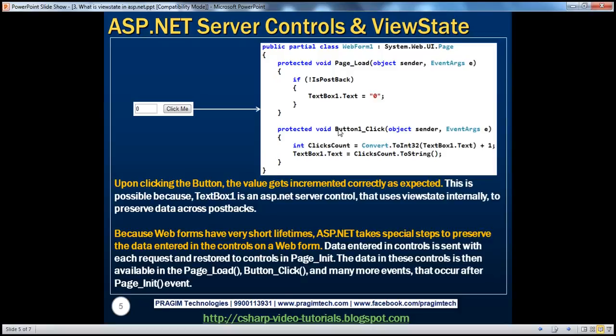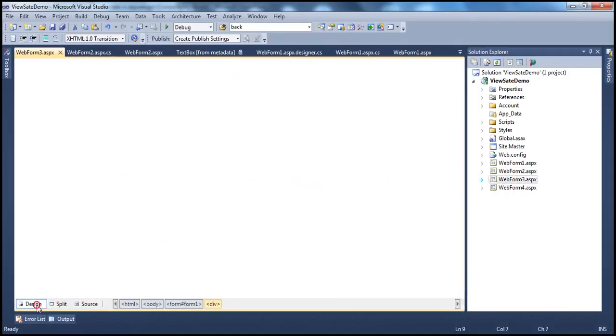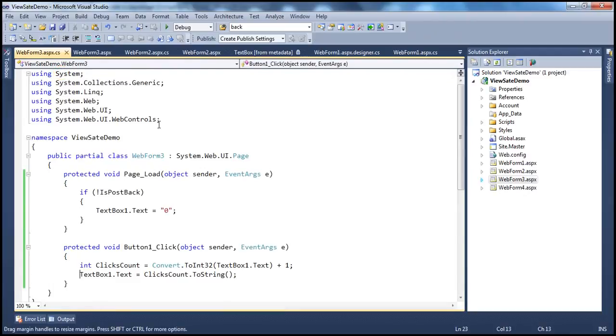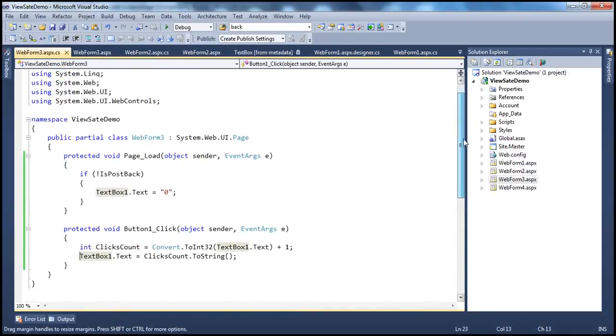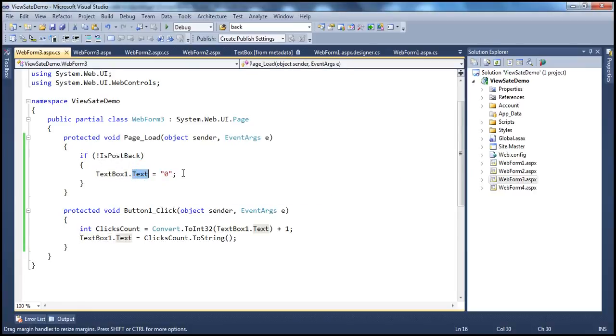And let's see how this works. So I have this web form 3 here, and if you look at the design, it's pretty much the same thing. And if you look at the code, it's exactly what you have seen on the slide. So if not is postback, you are setting the text property of the text box control to 0, and upon the button click, we are taking the text out of the text box 1 control and incrementing that by 1 and assigning that value back to the text property. So now if what we have spoken until now is true, then this should not increment the value, because we know that